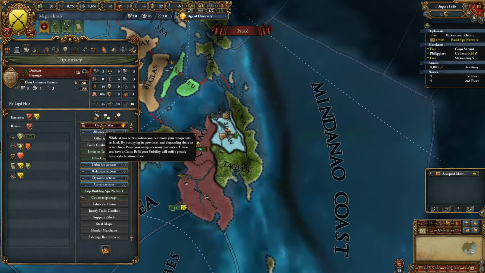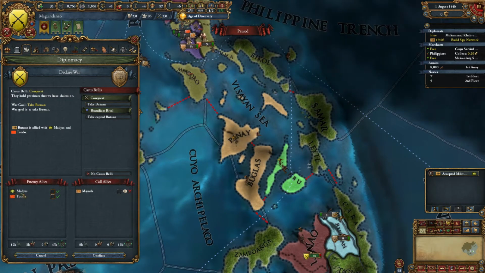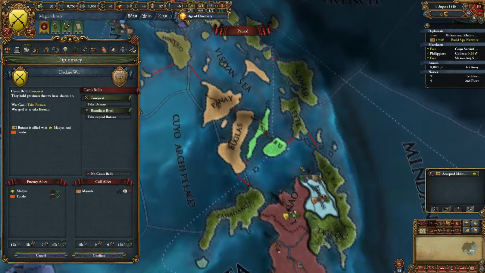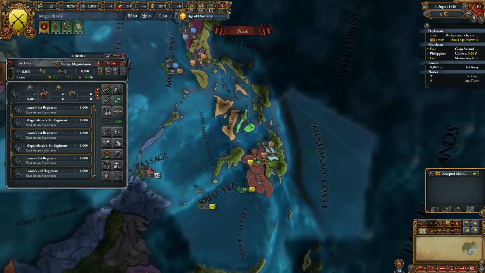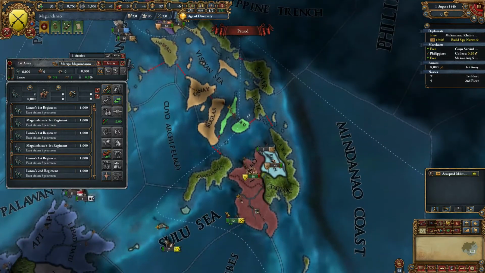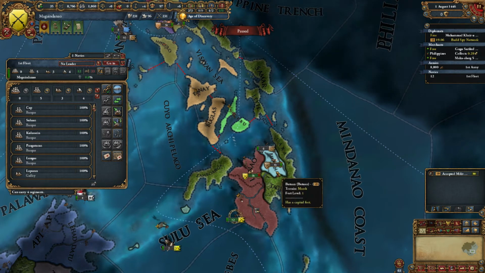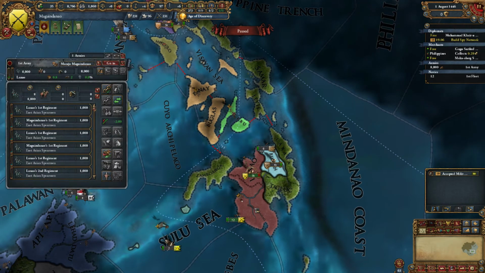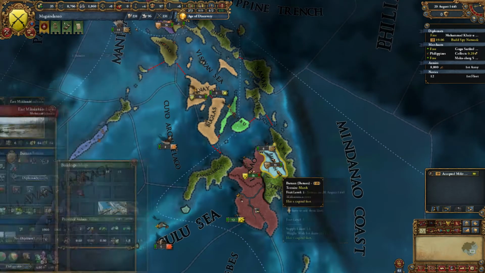They're also allied to Madias now. So, unfortunately, they're going to have way too much naval power for us to actually do any invasion across the islands, so we're not even going to attempt that. Instead, all we're going to take is Butuan and then just chill. So let's just wait for our guys to...